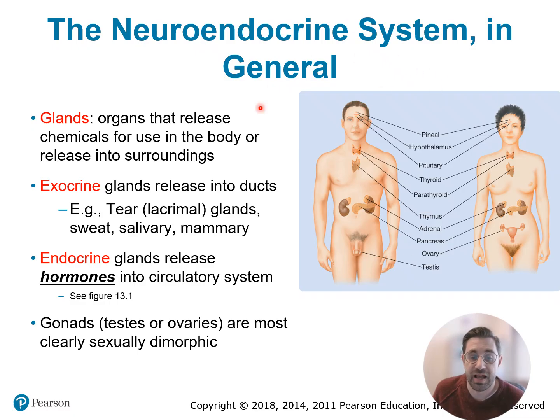There's a variety of glands on this figure: the pineal, hypothalamus, the pituitary gland, the thyroid, parathyroid, thymus, adrenal, pancreas, ovary, and testes. Right. So you may be aware of quite a few of these. They release hormones that motivate different behaviors. Particularly for this chapter, we're going to focus on the last two, the ovary and the testes, which fall into a category called the gonads. These are most clearly sexually dimorphic. Now, there are sex differences in other glands, particularly the adrenal gland, for example, but it's the ovary and testes that are quite obviously different and develop differently, and that's going to have some consequences for our hormone release.